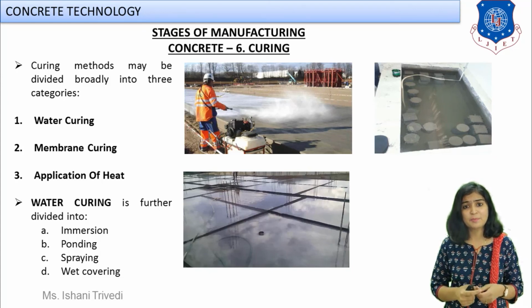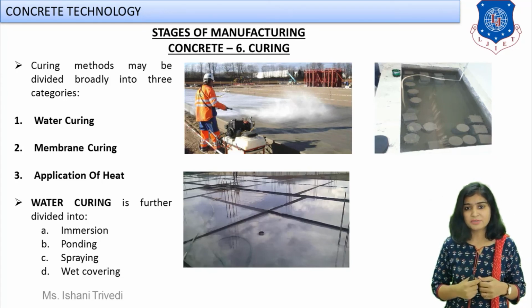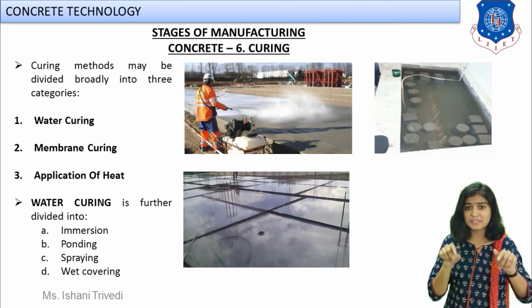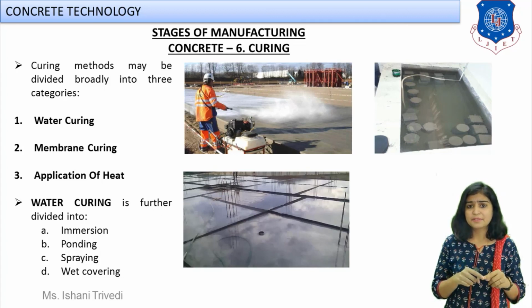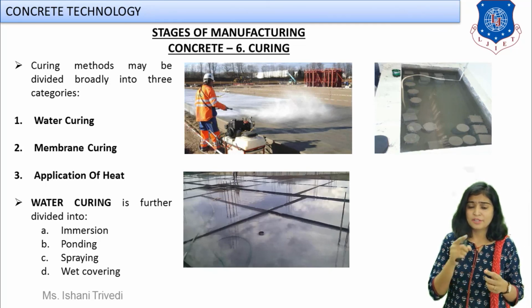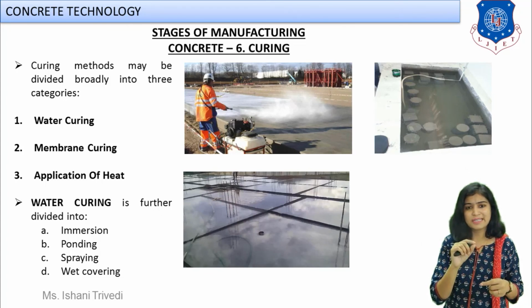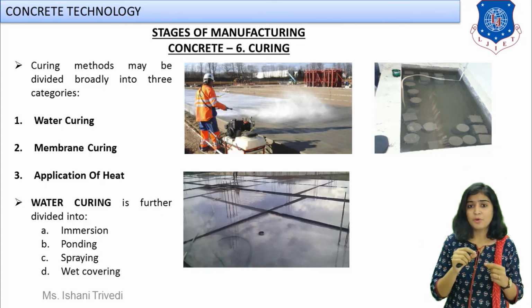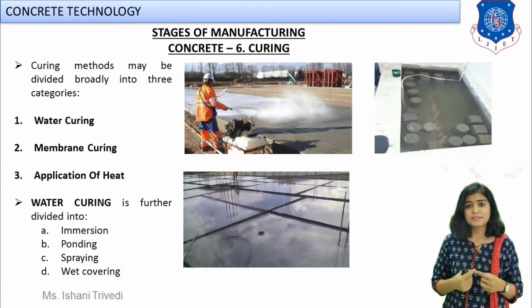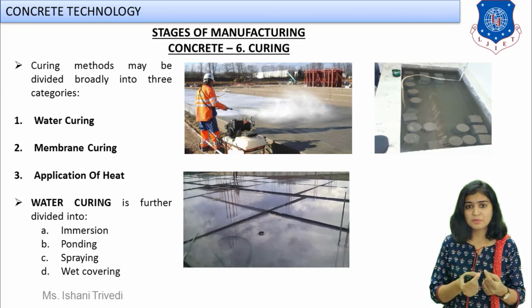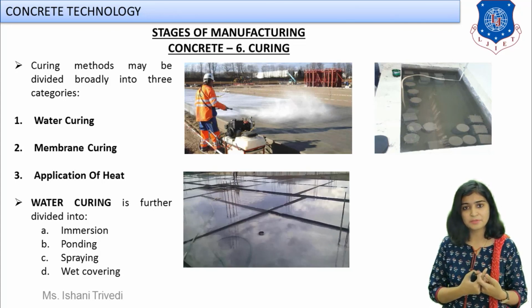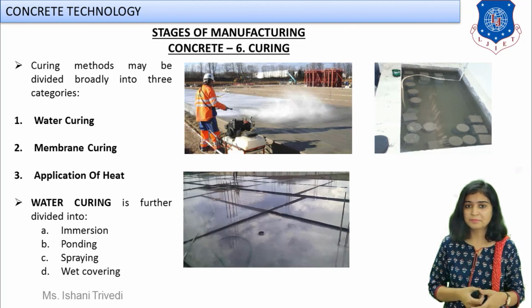And the last we have is the ponding method. Can you see the bottom image over here? Yes. Can you see checks are being made? Square shaped checks are made, right? They are made with the help of sand. Its border is made with sand, and water will be filled inside up to a certain depth, right? And this is how your ponding will be created on the surface. This is generally done for horizontal surfaces where you can fill up and store the water in the checks which are constructed with the help of sand, and that is your ponding method.